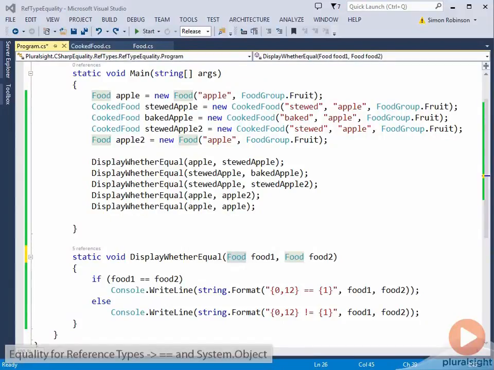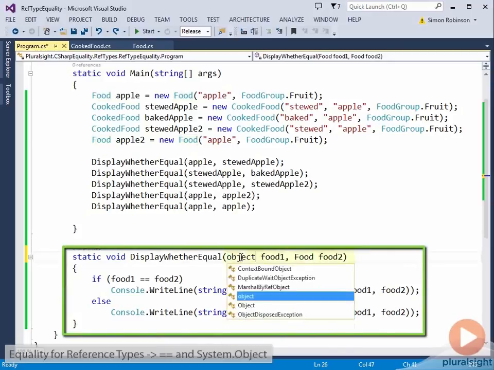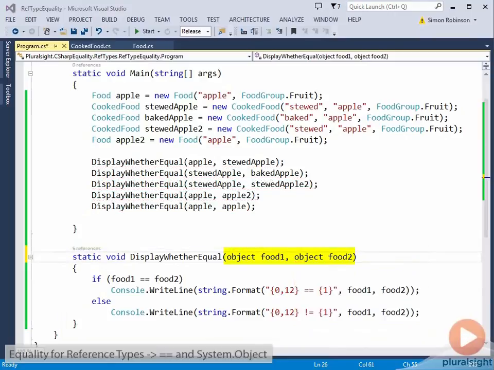Before we leave the subject of the equality operator, I just want to show you one other thing. I've gone back to this display whether equal method, and I'll change the parameter types to object. Now this method is not offering any type safety, it accepts literally anything as a parameter. And if we run the code again,